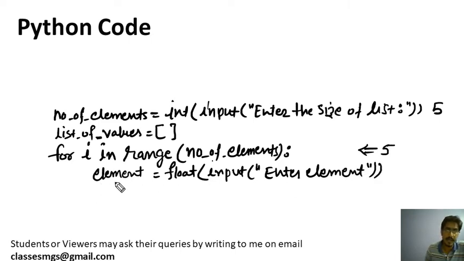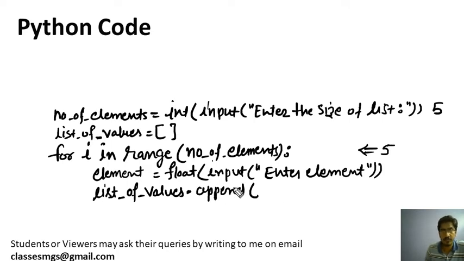Okay, now we will add this element to this list. To add the element into the list, we use the append method, so that it can add it at the bottom of the list, or last of the list. You should know what the append method is, otherwise it will be difficult.